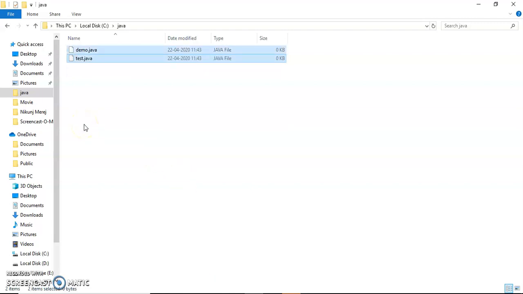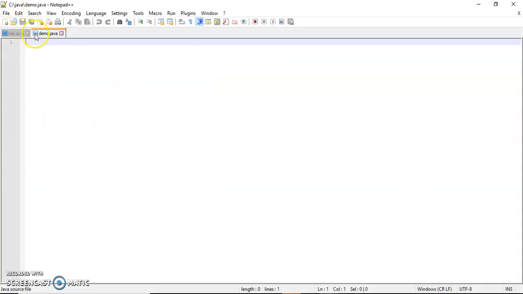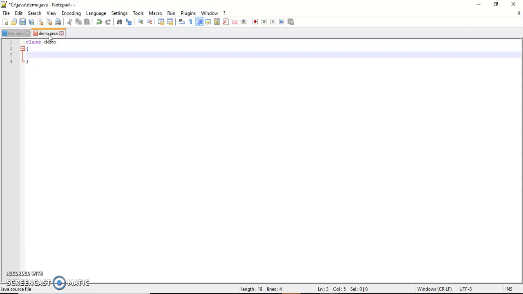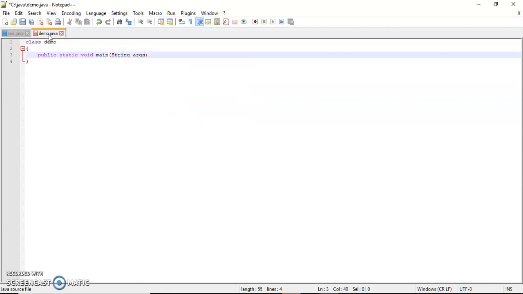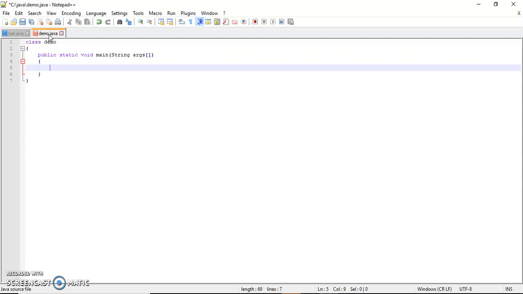Now I open the demo file, and this is the demo class: class demo. Then I write public static void main, String args. So this is the main portion, the basic thing.